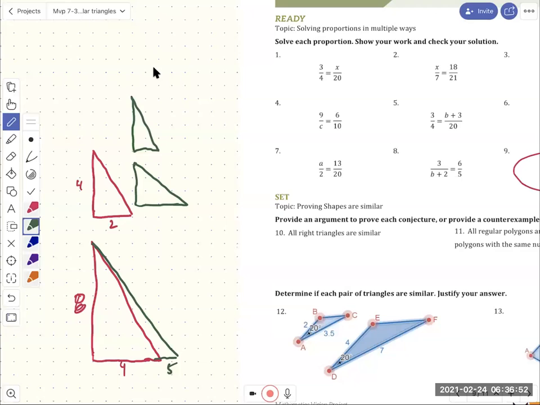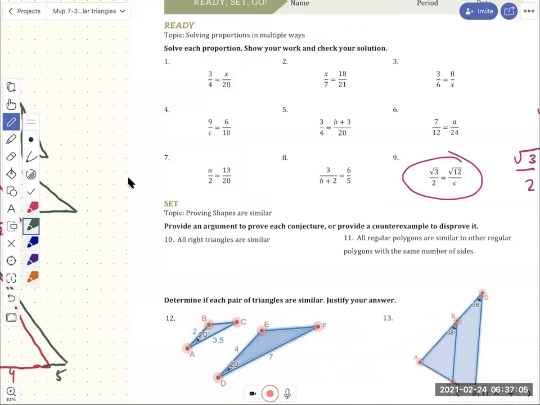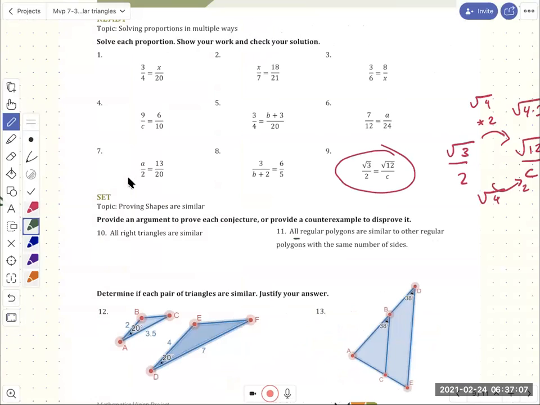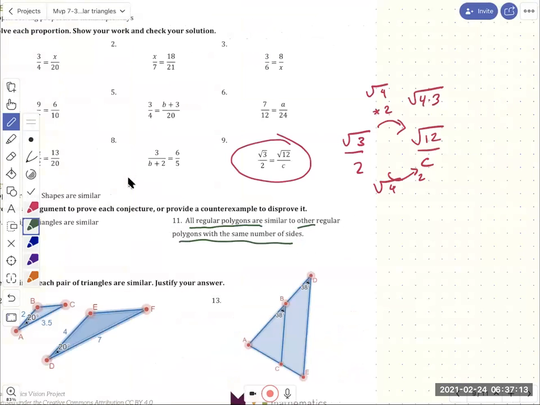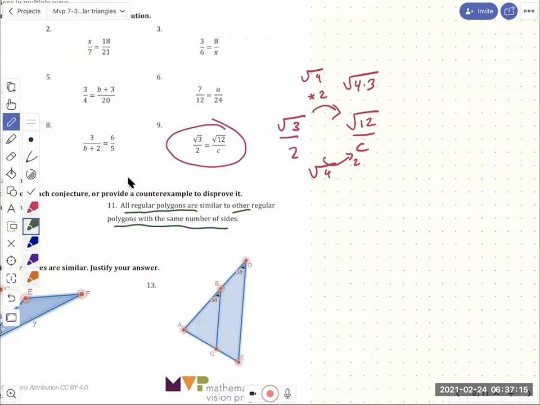Okay, so then we see that we don't have to worry about something like all right triangles being similar being a hard one to prove. How about all regular polygons are similar to other regular polygons with the same number of sides? Okay, so that seems a little different, right? And so remember,